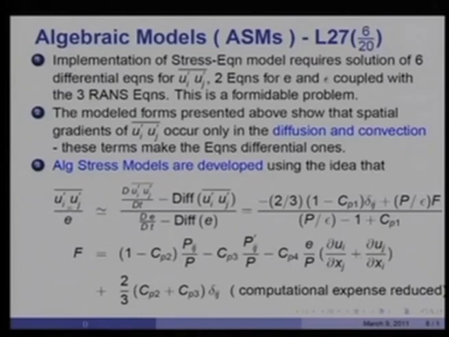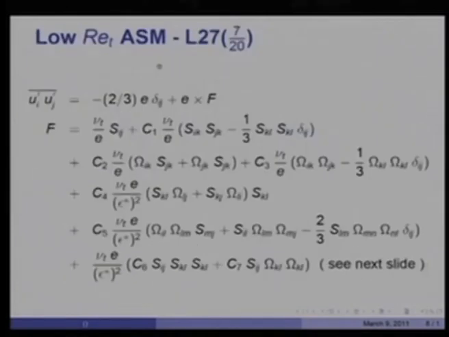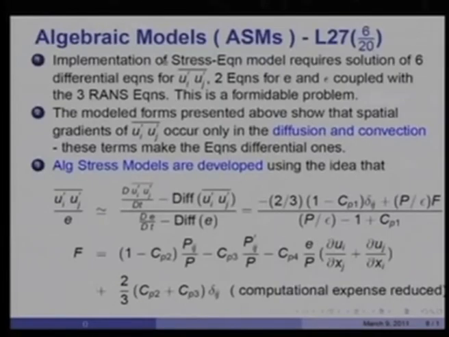So, in other words, you can now model the stress divided by kinetic energy by means of an algebraic expression. Though long, it nonetheless reduces the amount of effort involved. We need not solve the 6 stress differential equations for stresses. Instead, we simply use the algebraic expression for stresses, and that reduces the computational time considerably. Now, like the higher Reynolds number form of stress, this is the higher Reynolds number form of the algebraic stress